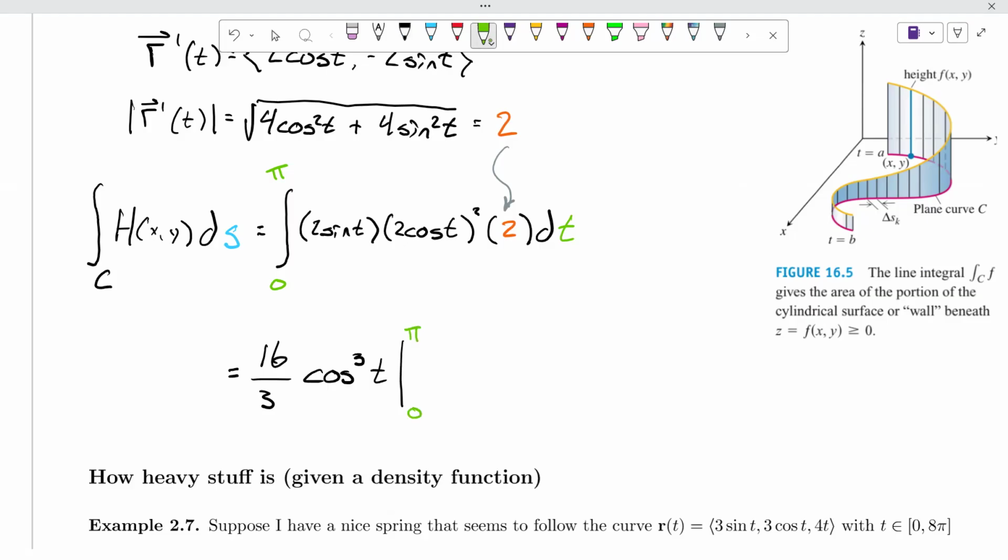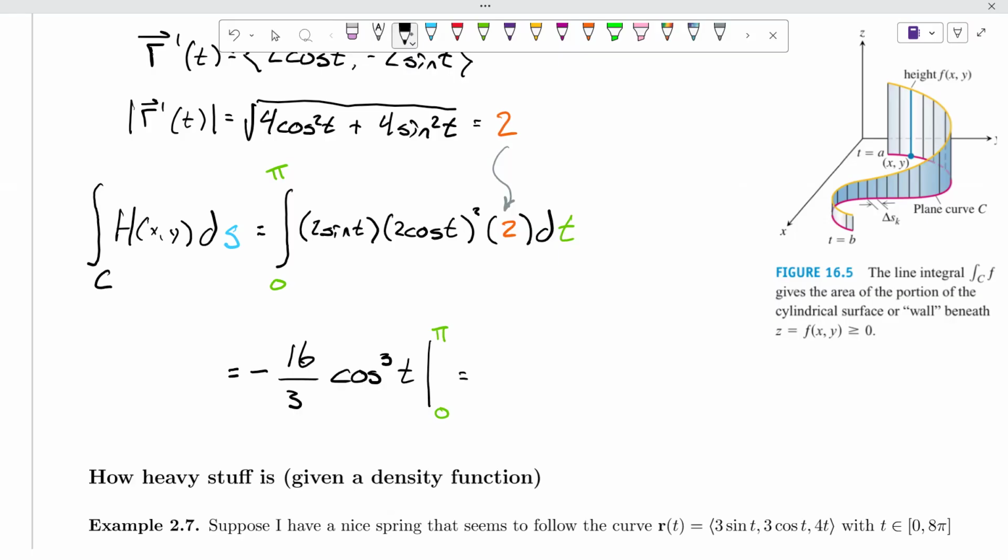And I believe that this has a mistake in it right now, as I've written it out. I'm totally testing you this time, and not just because I missed it. I said if u is cosine, that means du is negative sine, and I don't have a negative sign in my integrand, so I'll need to make one. So this thing should be negative 16 over 3 times cosine cubed, evaluated from 0 to pi,